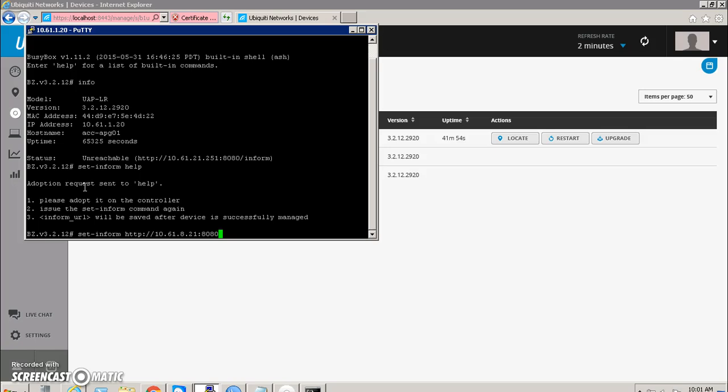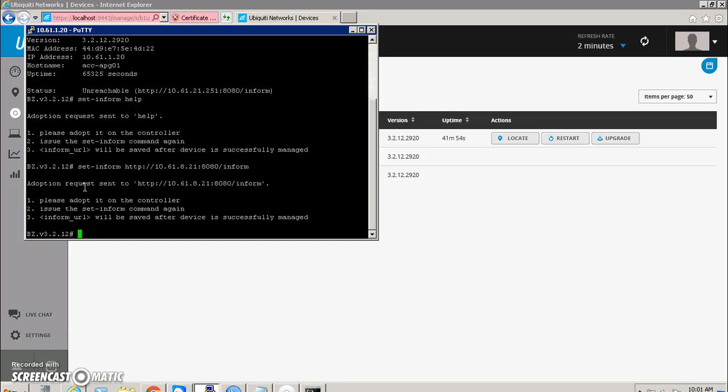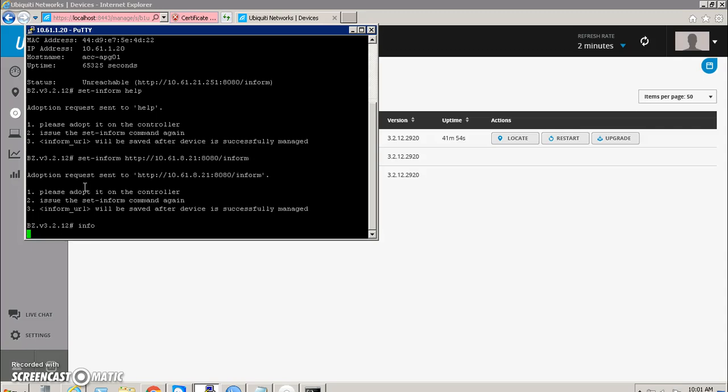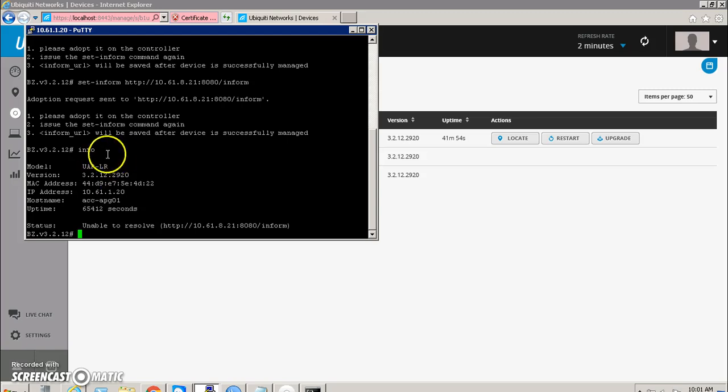I'm going to do that on port 8018. Inform. Okay, so that's done. So let me display the info once again, and as you can see, it's changed to